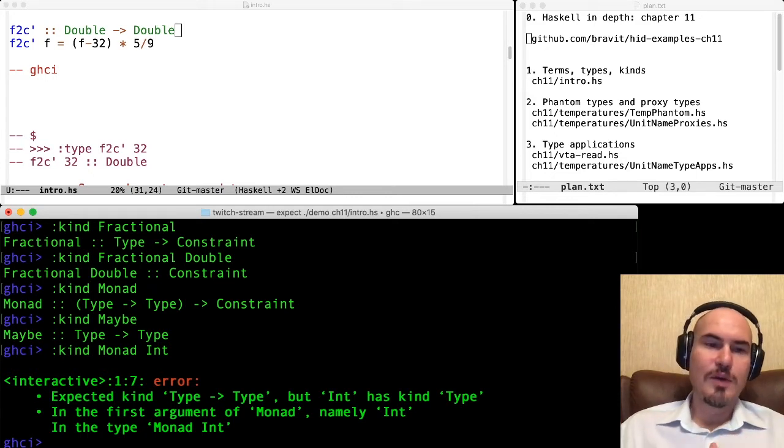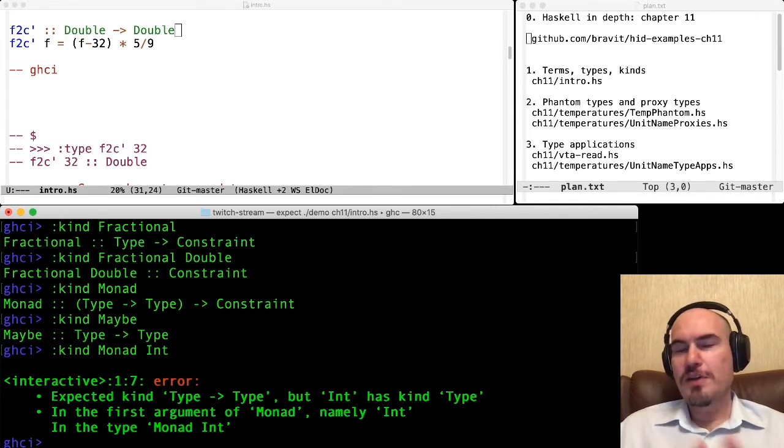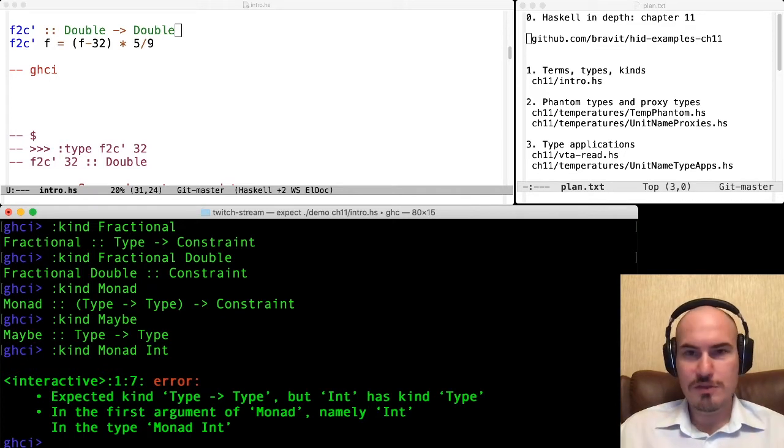So we say, okay, this type is not appropriate as an argument. So it's not about some ideology that an integer cannot be turned into a monad. It's simply about kinds. So Int has just the wrong kind to be an argument to a Monad.